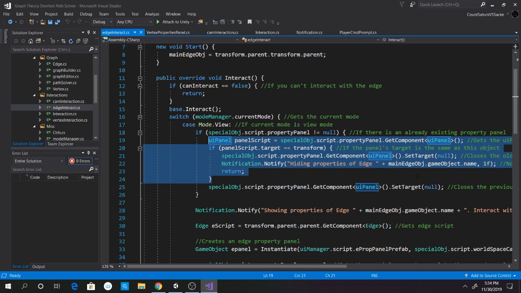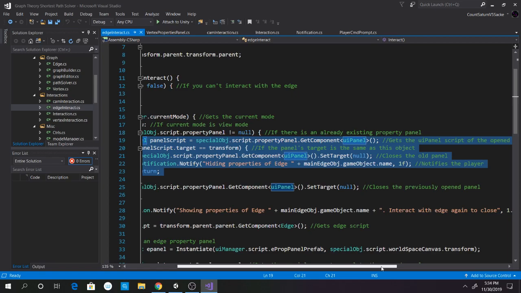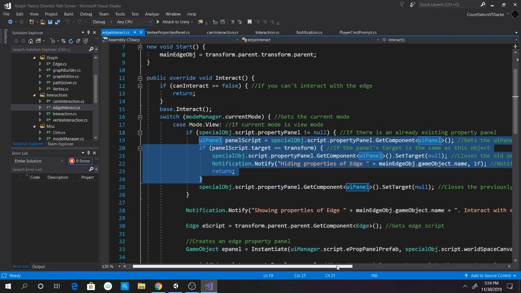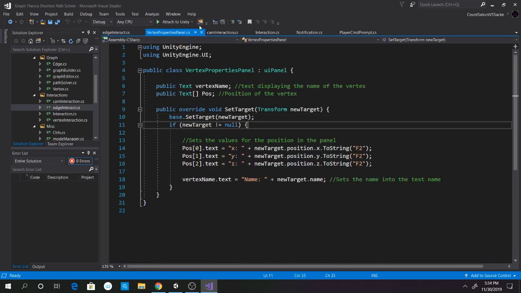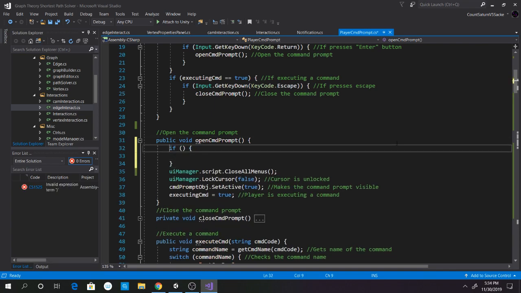It's not equal to null. Okay, this is a bit of some odd stuff. I guess I'll go ahead and just do it in the player prompt. If we open the command prompt, we have to check if